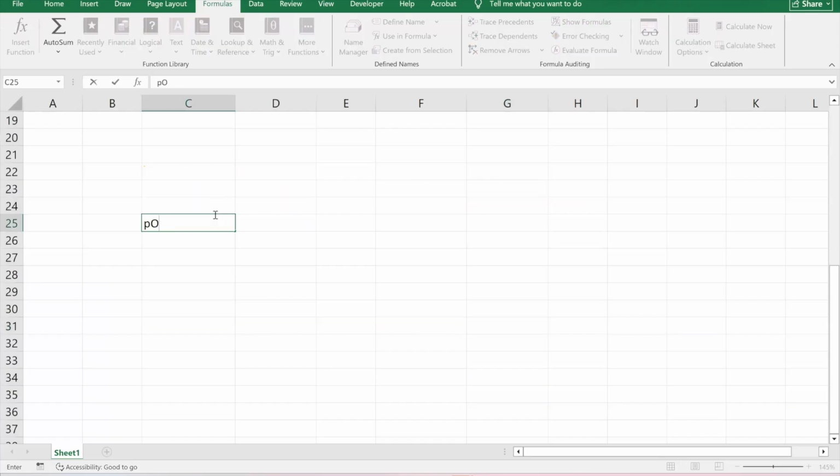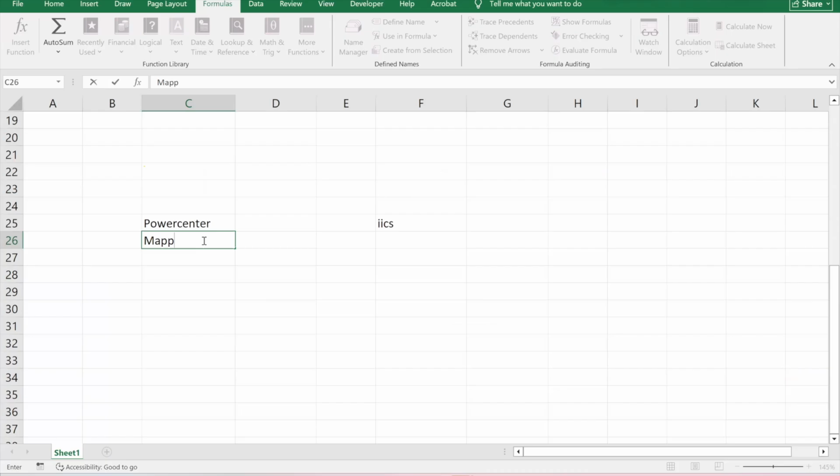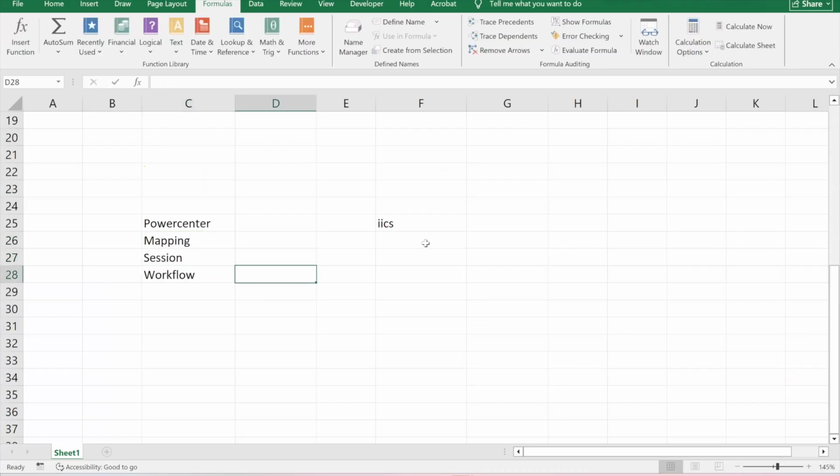In Informatica PowerCenter, we have a mapping, we have a session, we have a workflow. Same way, in IICS also we have a mapping.